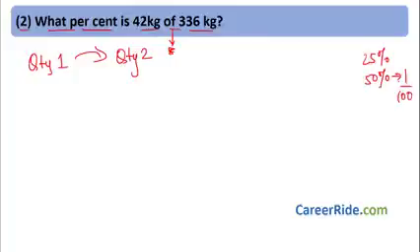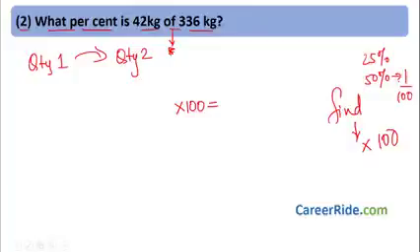There is no percentage given. We want to find percent. When we want to find percent, we multiply by 100. So let's have 100 over here, multiplication. Okay, now how to arrange these two quantities? They have given of, but we should not multiply right now over here. What do they mean? What they want is that 42 kg is how much part of 336 kg? We have learned percentage is part. If this is the bread and someone wants say 10%, then this much amount of part would be removed, right? So the person wants how much part is 42 kg of this 336 kg.